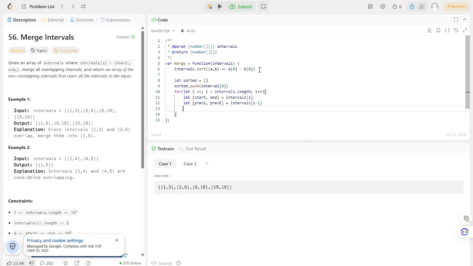Now we compare the start and see if it's smaller than or equal to the previous end. If it is, we know they overlap, as you can see here. So if 2 is smaller than 3, the array is already sorted by the way, then we know that they overlap, and that's why they're merged here, 1 and 6. So if they overlap, we get the position in sorted, so sorted.length - 1, and we set it to